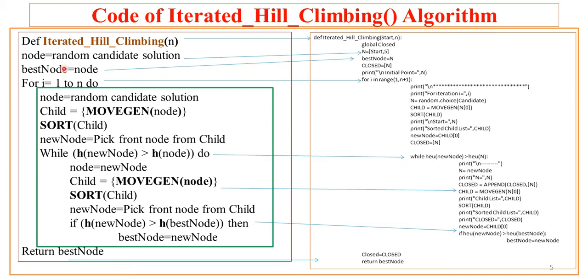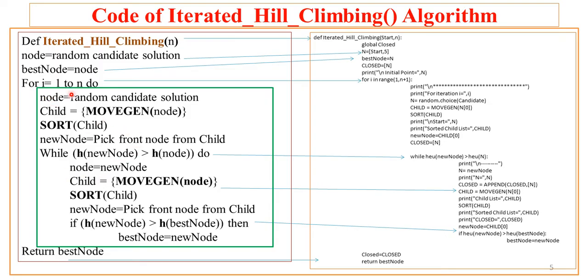Now here the best node is the current node we are assuming. Current means the starting node. So here best node is equal to n, and n is nothing but the start node with heuristic value 5. With this initial random node, we will not take a random node, rather we will take a specific node here. But inside the for loop, where the actual iterated hill climbing operation happens, which is nothing but the repeated invocation of traditional hill climbing, in this particular traditional hill climbing part, we'll try to select the random node.